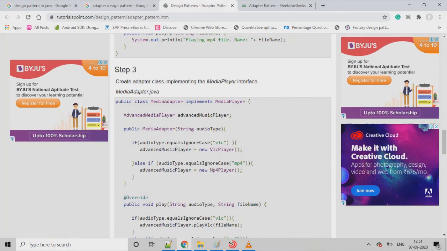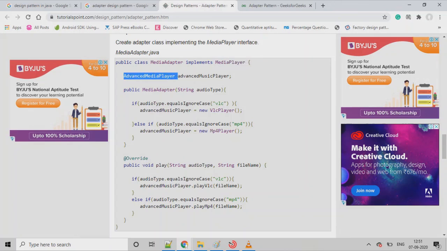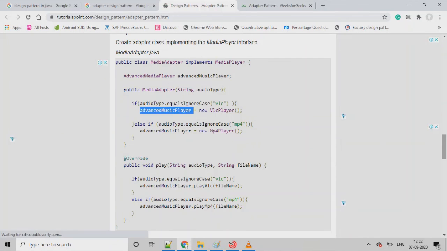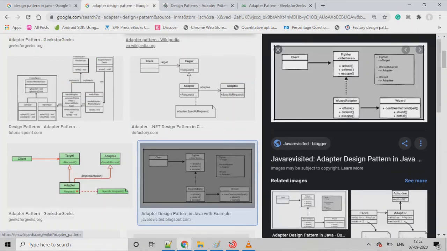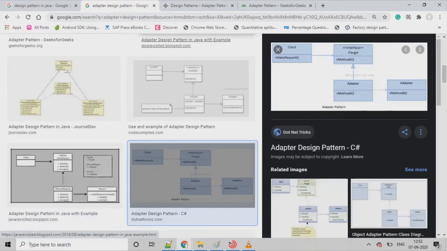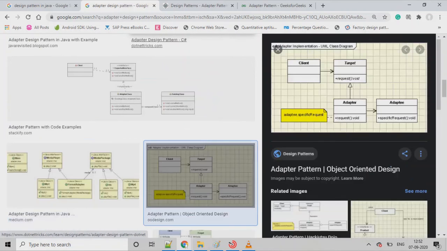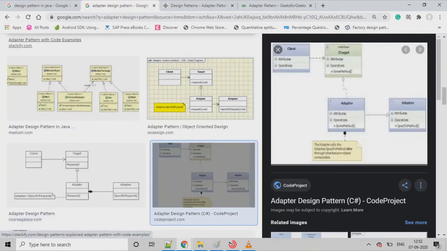Now you have to think of the target and the adoptee. Here the adoptee will be the advanced media player, and your target interface would be media player, right? So in order to make them compatible with each other, we have made the media adapter. Target would be media player, adoptee would be advanced media player, and the adapter would be media adapter.